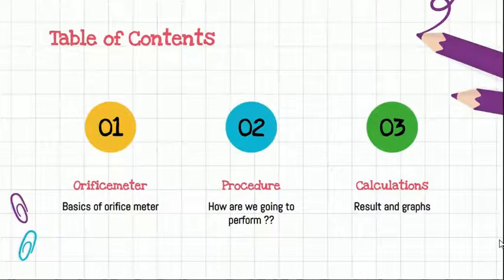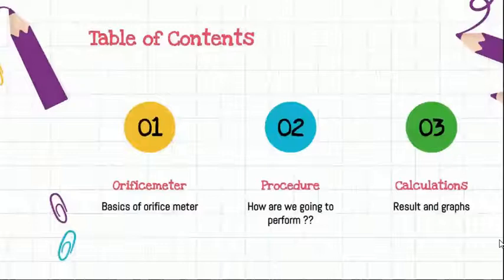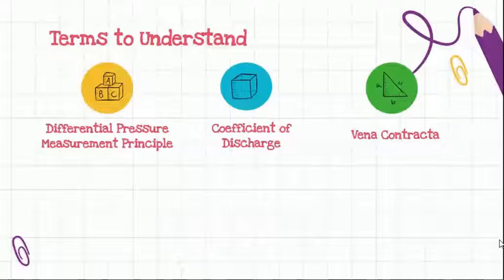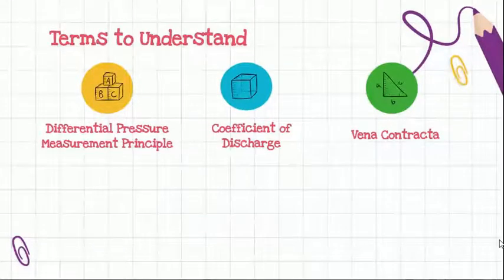Now, the first thing is we will take baby steps, because according to me and my group's thinking, the baby steps will help us get the concept better. So first of all, we will cover the basics of the orifice meter and the basic definitions. Then we will go for the working and what things work in an orifice meter. Then how we are going to perform the experiment. Then we will see what observations we are going to note down, and how we are going to calculate things. And then at the last, the interesting part will be the comparison of orifice meter and venturimeter.